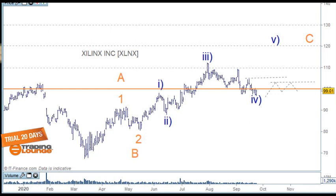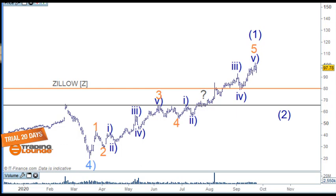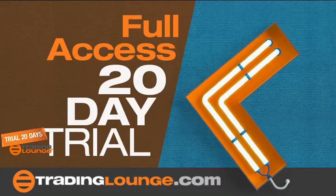So the next stock is Zillow. We've been tracking this stock in one of our early videos. And the count here is, I'm sort of looking at a high being in place here, because from the March lows here, we've got wave 1 and 2, 1 and 2 and 3 and 4 and 5, the third wave, fourth wave. The extension here in the fifth wave makes me feel